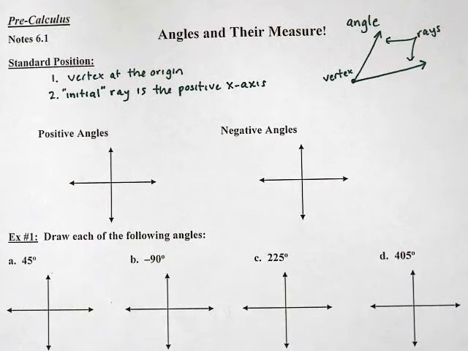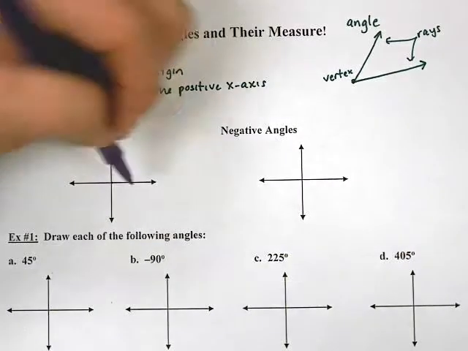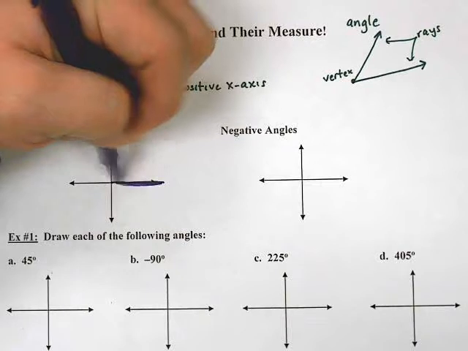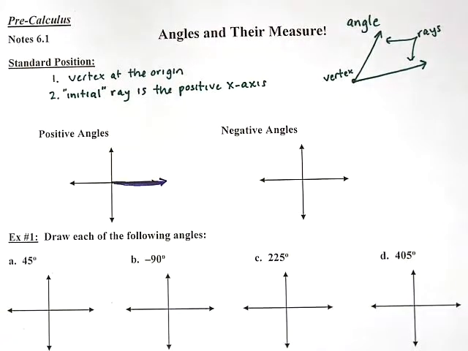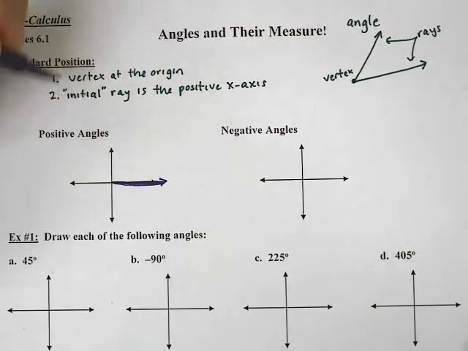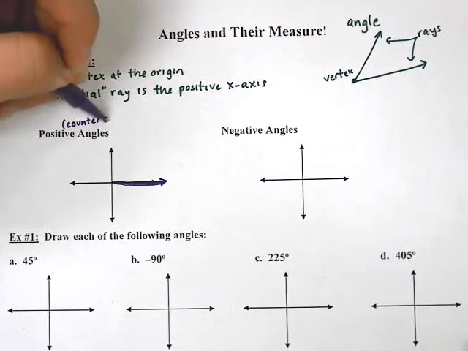Let's switch colors here. So positive angles: we know that if we're going to have an angle, the vertex has to be at the origin, and the initial ray, the first ray, has to be going out in the positive x direction. That's what I meant by the initial ray being the positive x-axis. So there we have it. What we need to know is positive angles go in counterclockwise